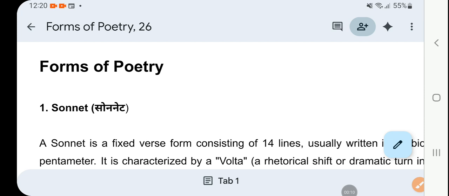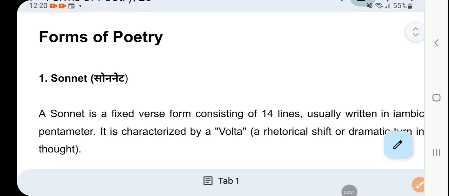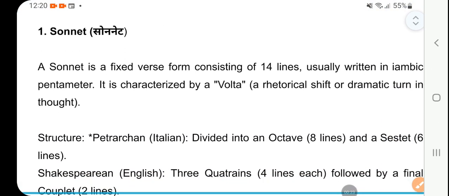आपके कोर्स में डिफरेंट फॉर्म्स ऑफ पोएट्री प्रिस्क्राइब्ड है। वन बाय वन बिल्कुल शॉर्ट में हम समझने की कोशिश करेंगे कि डिफरेंट फॉर्म्स ऑफ पोएट्री क्या है। जैसे पहला है सोनेट, राइट। सो सोनेट इज अ